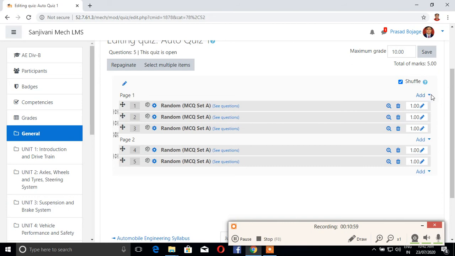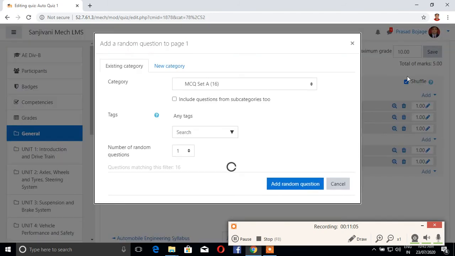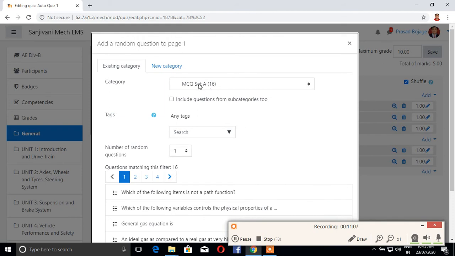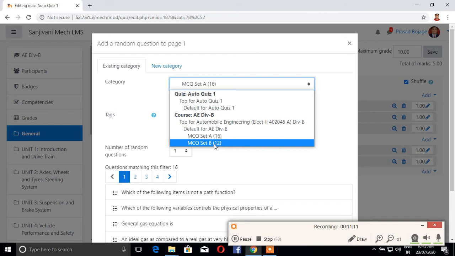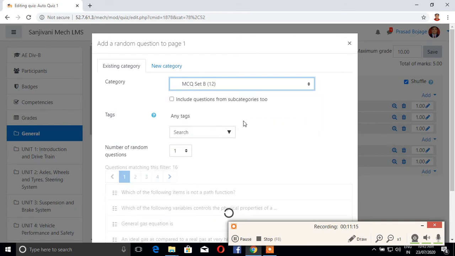So, again I will go on add. I will go in the random question category. This time I will select MCQ set B, which is having 12 questions. Click on that. Now, again from this set I want random 5 questions, any 5 questions.